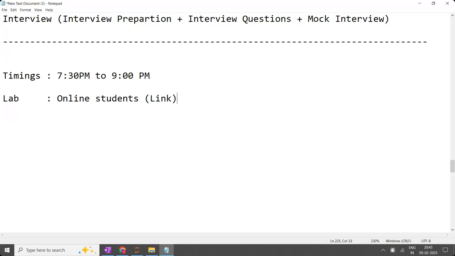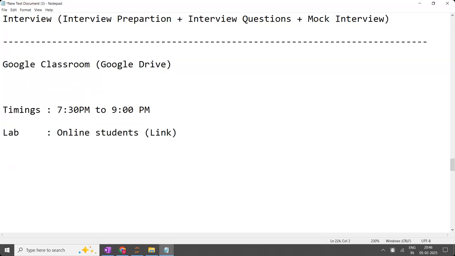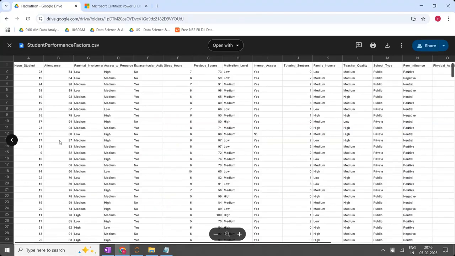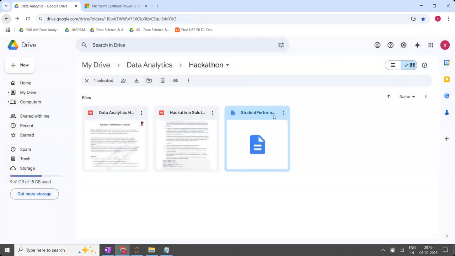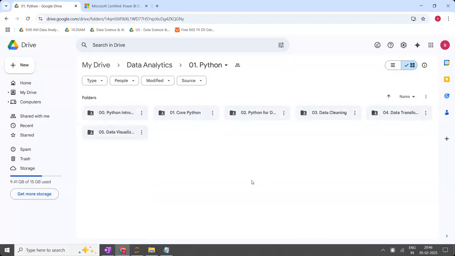Okay. Once you pay the course fees, you will receive Google Classroom access. In the Google Classroom, you will have a Google Drive. In this drive, I'm going to add everything related to content. Example is this one, as I told you just now. This is one Google Drive where the Python notes will be included. Entire notes of Python will be included.